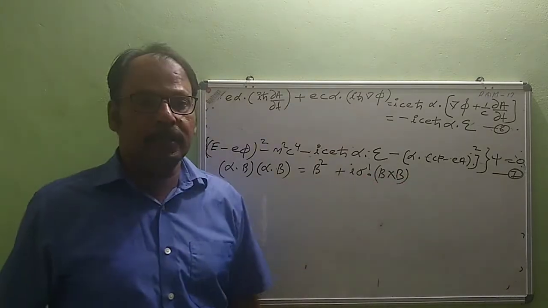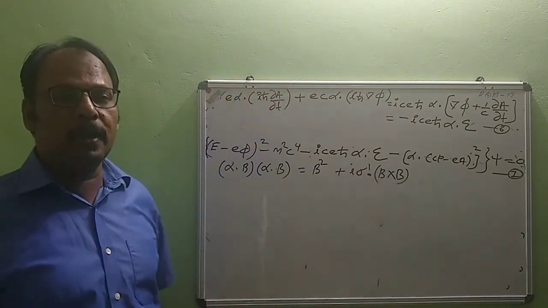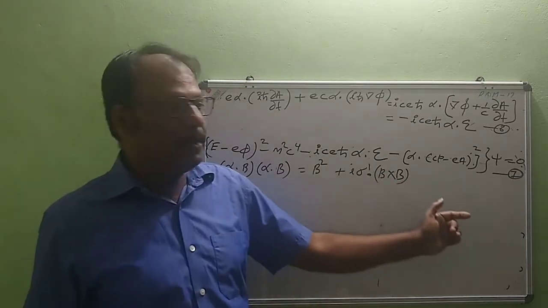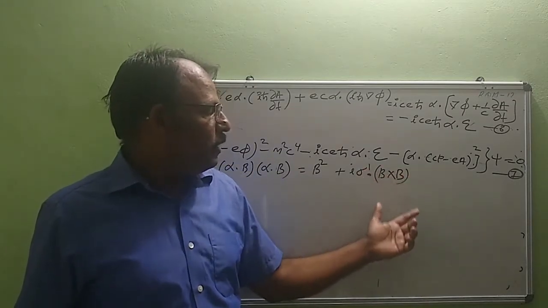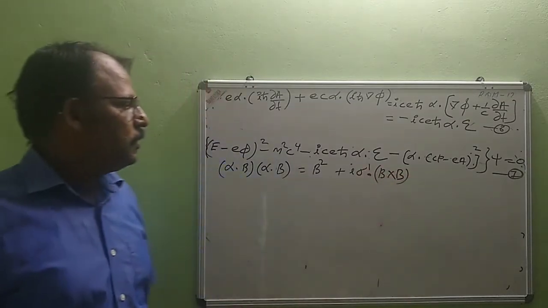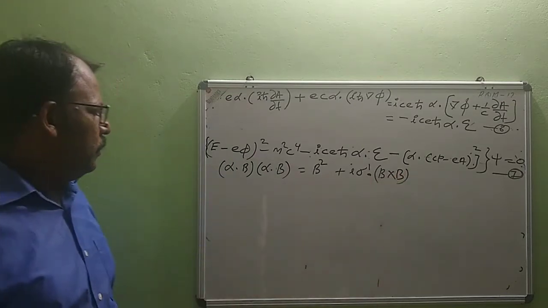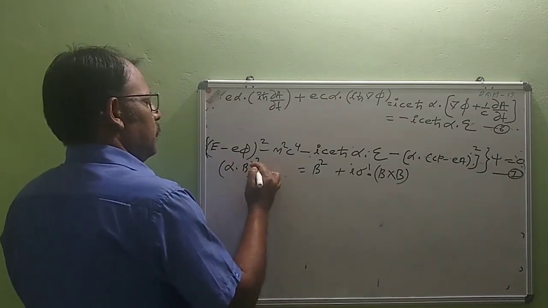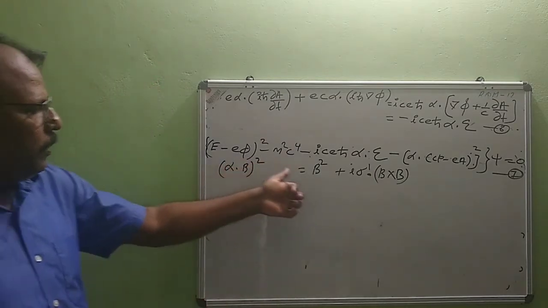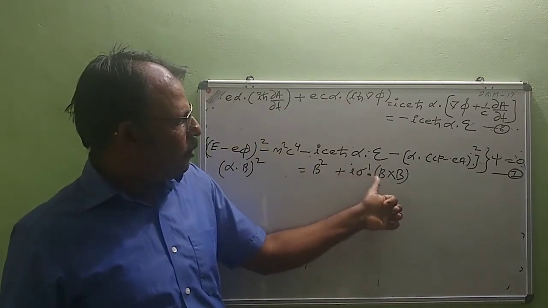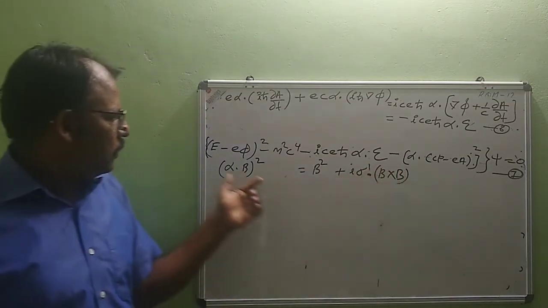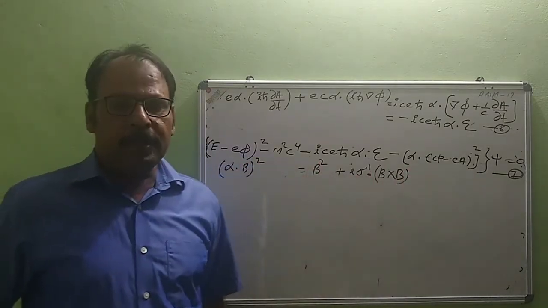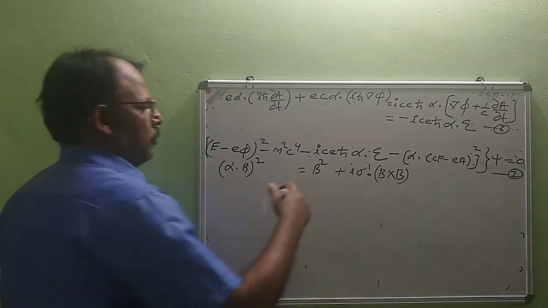Don't take B cross B as 0. We can take B cross B as 0 only when the components of B commute with each other. We don't know whether Bx and By are commuting or not. If they are not commuting, then we cannot write B cross B as 0, so write it as B cross B. Alpha dot B into alpha dot B is alpha dot B square. So alpha dot B square equals B square plus I sigma prime dot B cross B. We can write alpha dot B the whole square equal to B square only when the components Bx, By and Bz are commuting with each other.